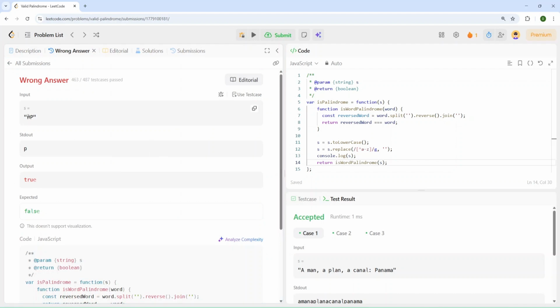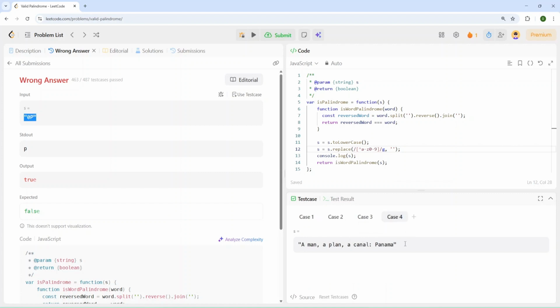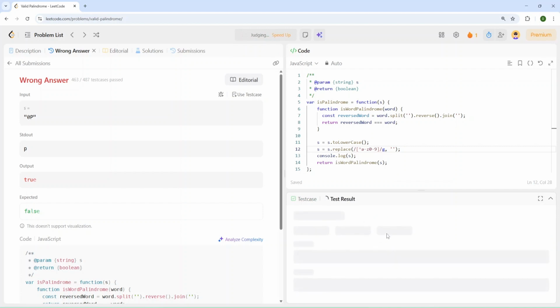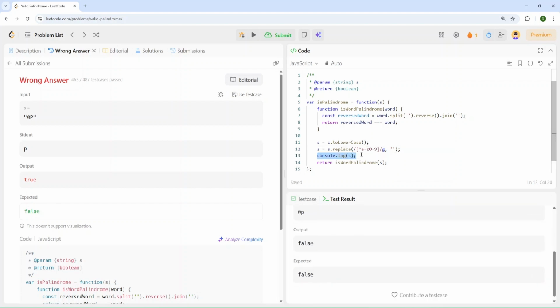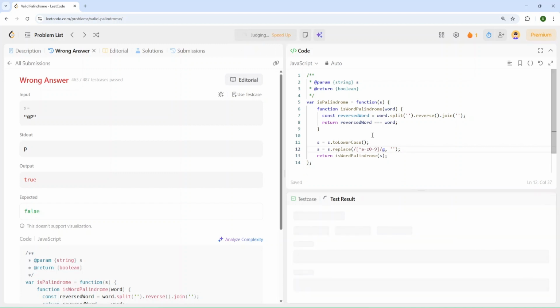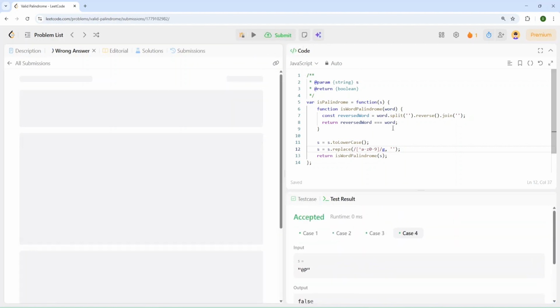Okay, and now let's wait, and we have some wrong answer. And that's because we have 0 here, and we removed also numbers. Okay, and we can fix this by leaving numbers. Okay, and now let me add this example to test cases and try to run it locally. And as you can see, our case passed, and actually we can remove console log, and let's try again, and then we'll try to submit.